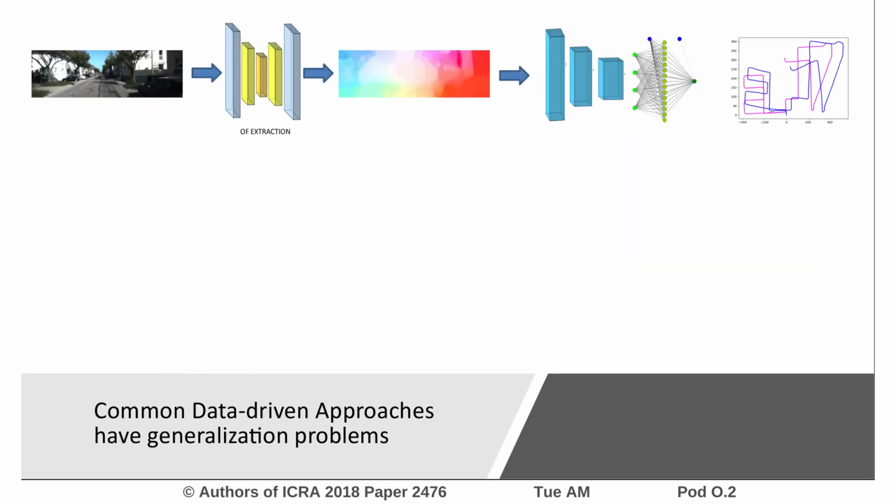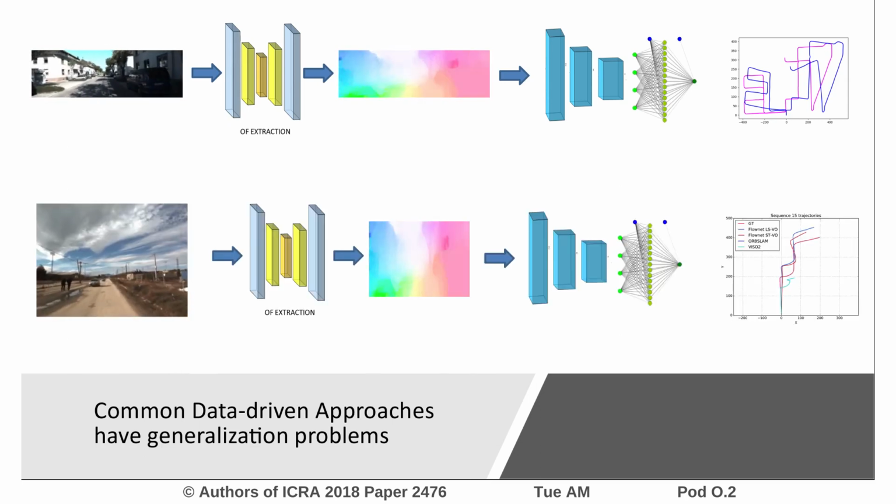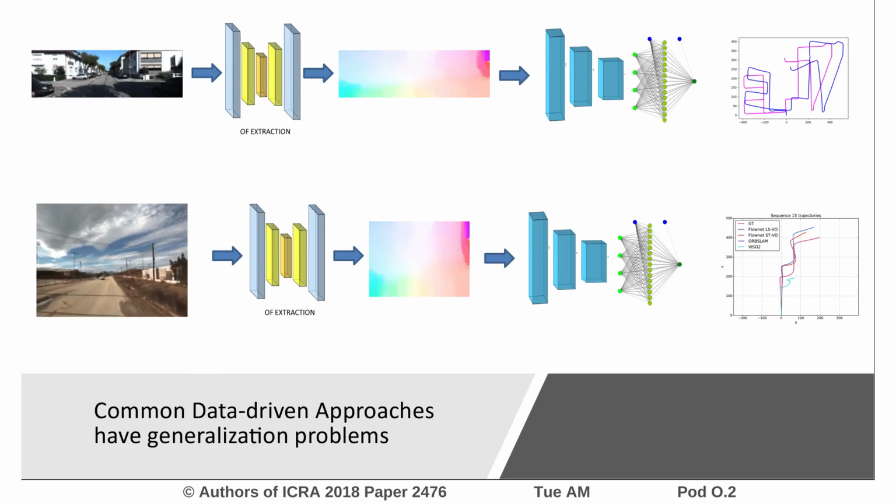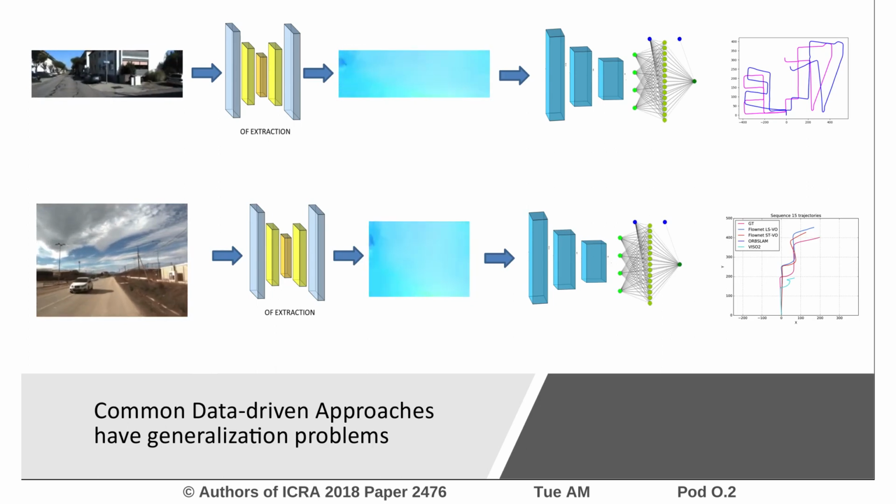In the past 2 years, a number of data-driven visual odometry systems have shown that the camera ego motion estimation can be solved effectively by deep neural networks, which may be fused with geometrical methods or with inertial sensors. However, the main weakness of data-driven approaches is the learning bias that is generated during training. This bias becomes evident when we try to use the model on different input data, such as when we pass from KITTI dataset to other driving datasets.